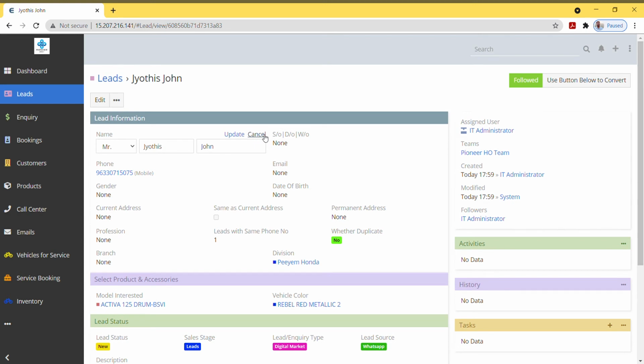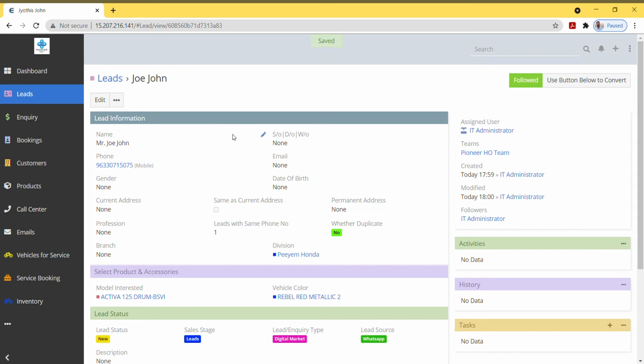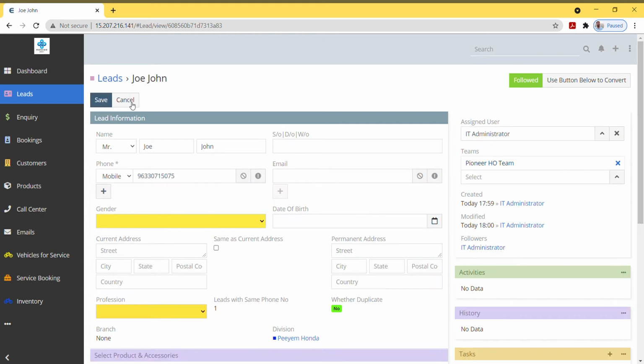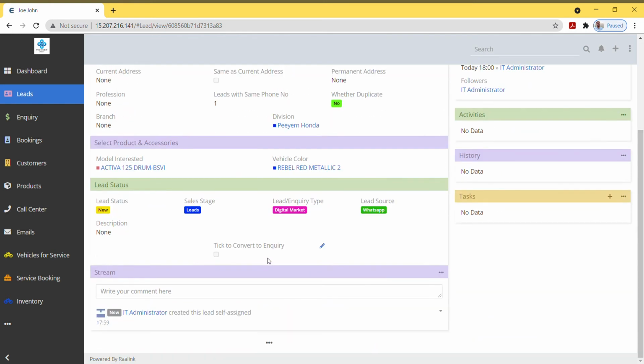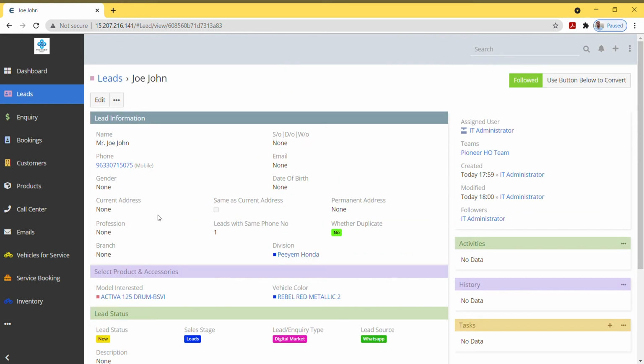You can go to that button and edit the detail, for example if the name of the person given earlier was different, or for the mobile number you can update that detail. Also, you can use the edit button on the top left hand side to edit multiple fields in case more details are required to be changed. Once those details are entered, we can once again save, and the lead preview will show the saved, revised lead details.